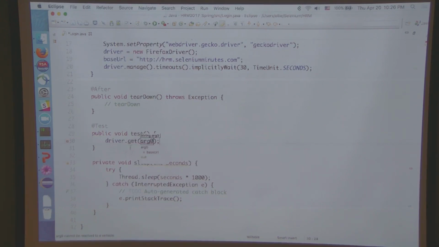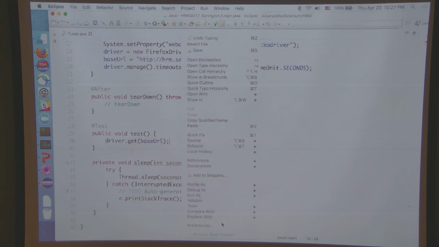And then, as you can see, as soon as I said enter, it actually suggests for me what I can put inside. So what do you think I should put inside? Base URL. Now, this is very, very little bit we changed. But let's try to run it and see what happens, all right? This way we'll at least know if everything is good or if everything is all bad, all right?